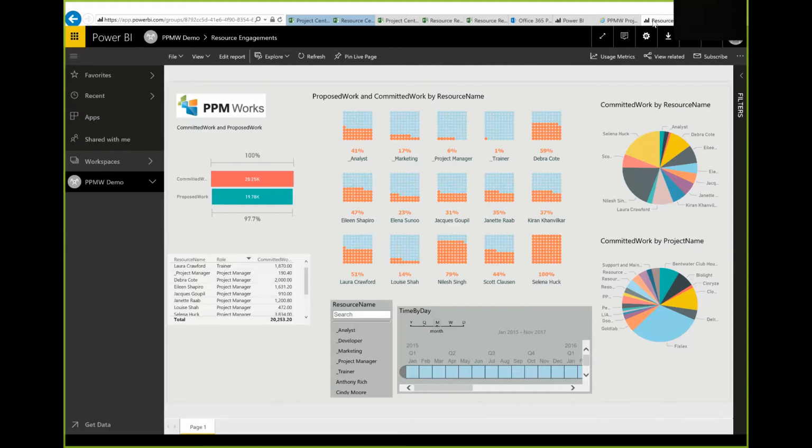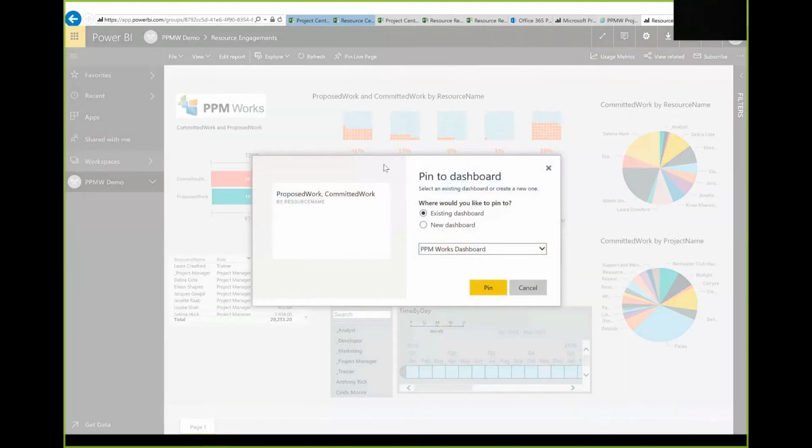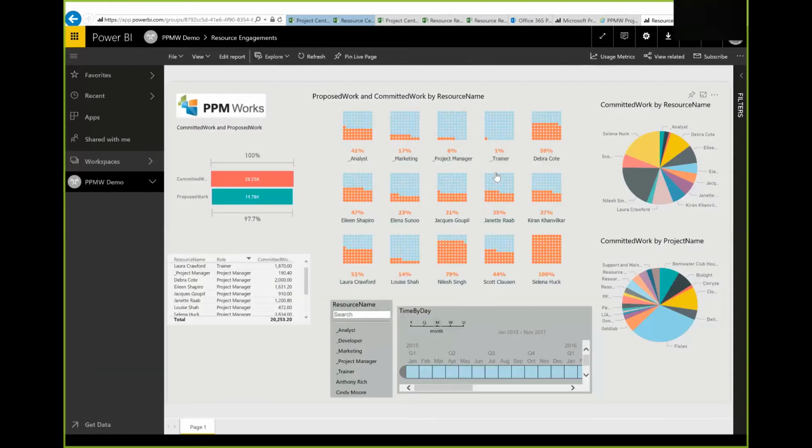Another area that we found helpful are some other visuals, and this is just sort of a conglomerate of all things Power BI resource related. So you'd really have to understand, okay, what do we really want to see? And here's just proposed and committed work by resource name. So just showing you what we're looking at visually here on proposed and committed work. We also have that on the left-hand side showing you the overall hours. Now you can very quickly and easily tag these. If you like one of these reports, say I like this, I can go in here and tag this and say, yep, I'm going to create my own dashboard using this. And you can add it onto an existing dashboard or just simply create your own. So all of this information, again, is just dissecting and grabbing that information and showing that we can do this across not only the tasks that are out there, but all things resource engagement as well. Okay,